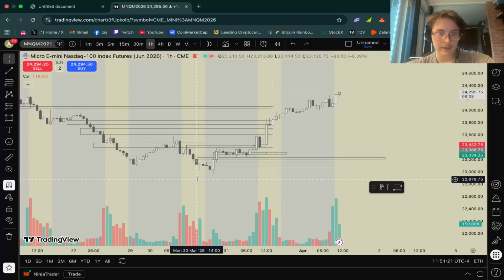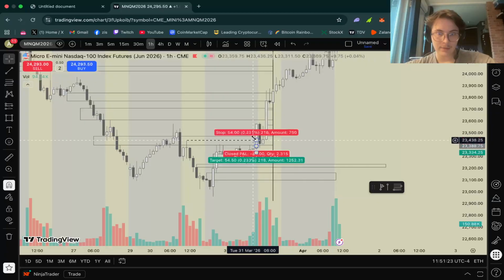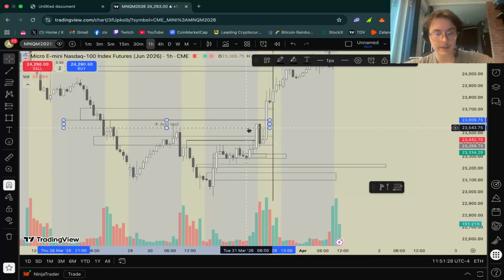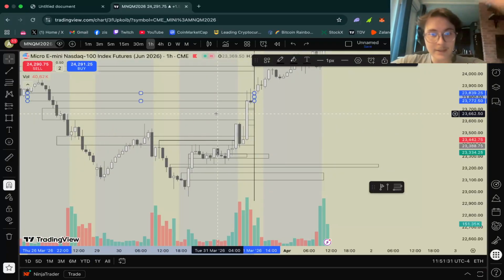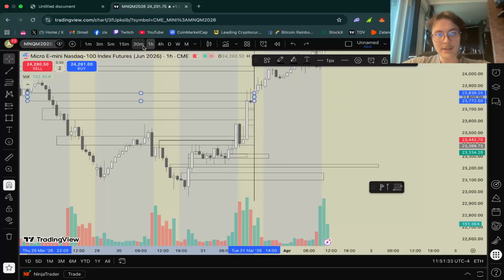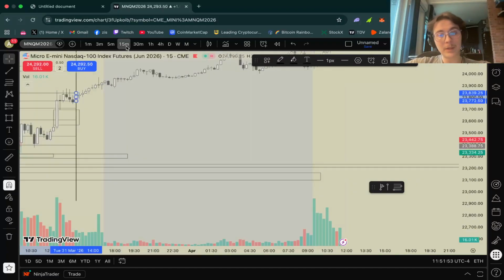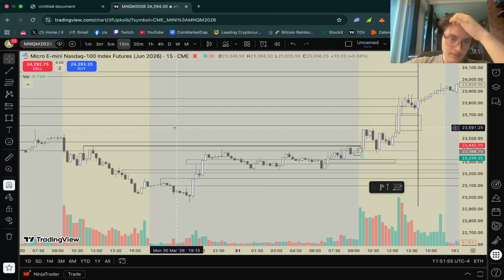Also, we had some overhead liquidity, which obviously we took out later on in the day at 12, and then we just keep going higher and higher anyway. But we wouldn't have known that, so what happened later does not matter. But the fact is that we had some liquidity above, so going up higher here, it's plausible. Let's call it right. And yeah, we had a 1 hour bearish here, a 1 hour bullish here, holding. So yeah, there was a good reason to go up, but there's also a good reason for my short, I believe.